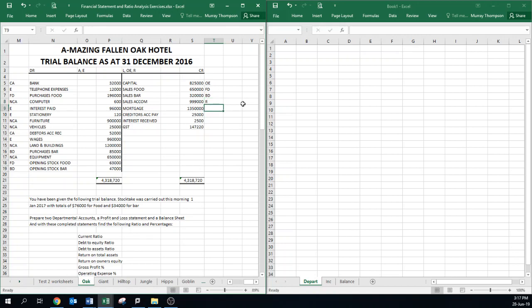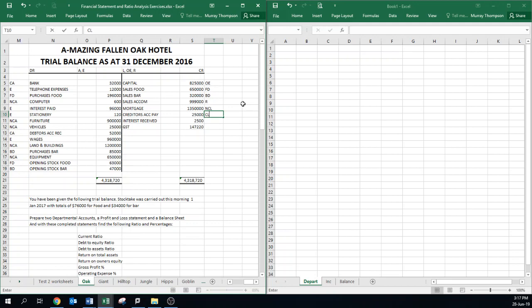Then we've got a mortgage. So mortgage is a long-term liability when we buy a building. So we go to the bank and we ask for some money to buy a building. A mortgage is what we owe on it. So that's a non-current liability. Now we've got creditors. They're our suppliers that we owe, and we're going to pay them within 12 months,